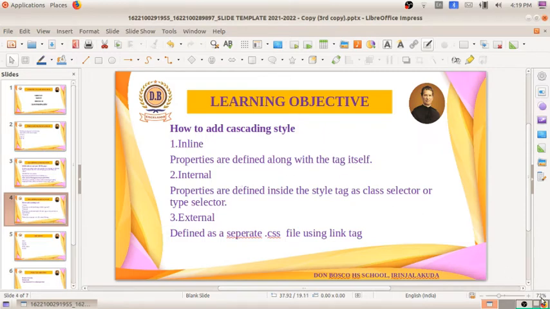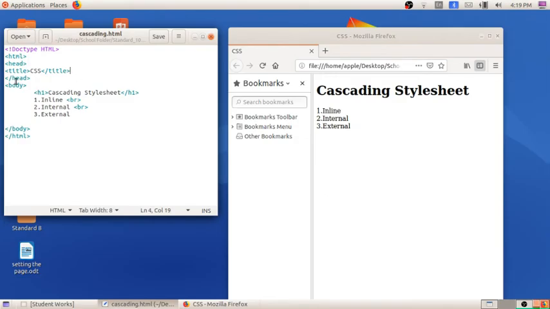I will show it with an example. Here we are applying the background color to the body.